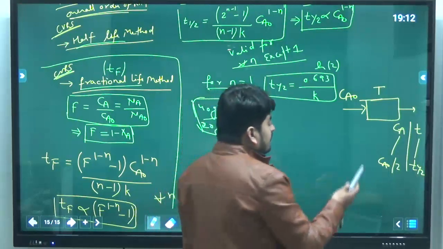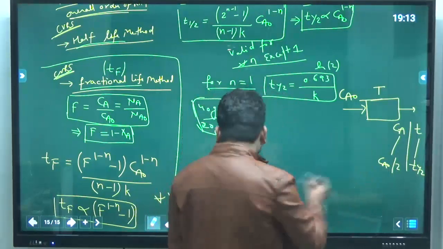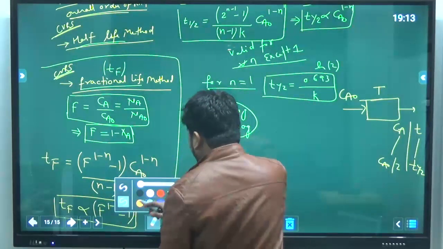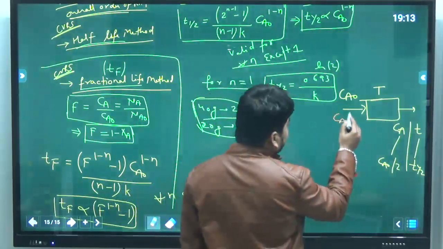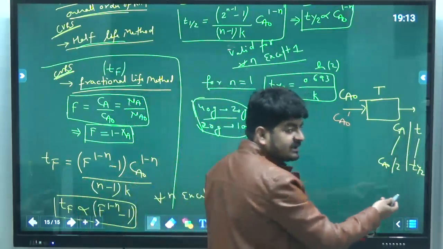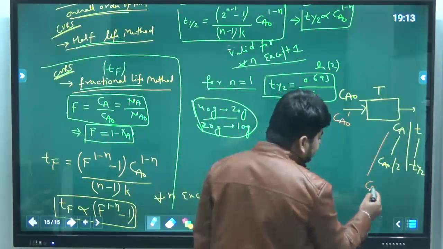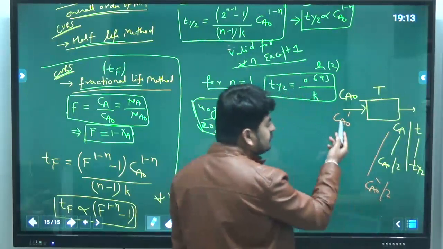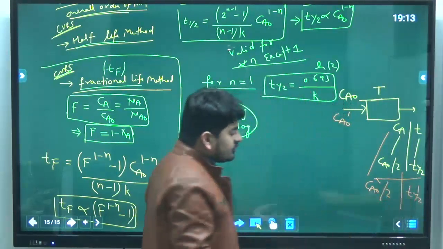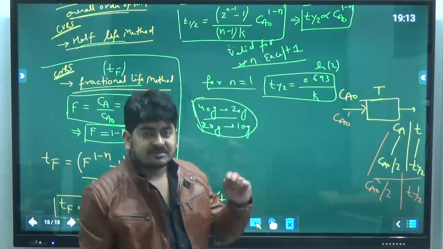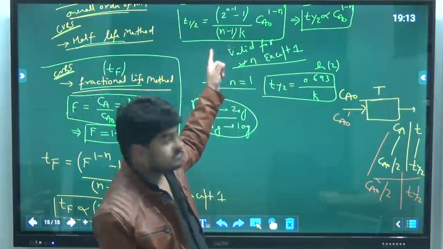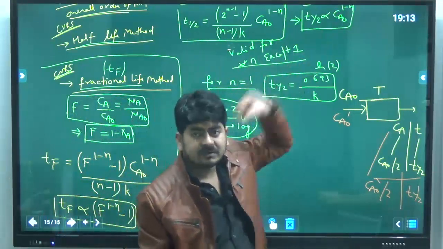Now for the second data, I have to do the experiment one more time, and this time let's say the initial concentration is different, Ca naught dash. So I will again tabulate the same data, and whenever this concentration is exactly half of the initial concentration, that is Ca naught dash upon 2, that will be the half-life of the reaction, let's say t half dash. So you can see we have to perform the experiment 2 times, because Ca naught is different, and everything else was the same. So t half is proportional to Ca naught to the power 1 minus n only.